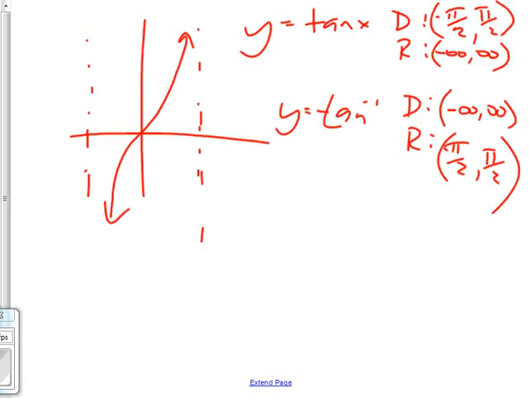Question on the last one? What does the graph of tangent's inverse look like? Again, I don't think that's something I would test you on, but if I had to flip this across the line y equals x, then I'm going to take this part and it will go, make sure I get this right. It'll go like